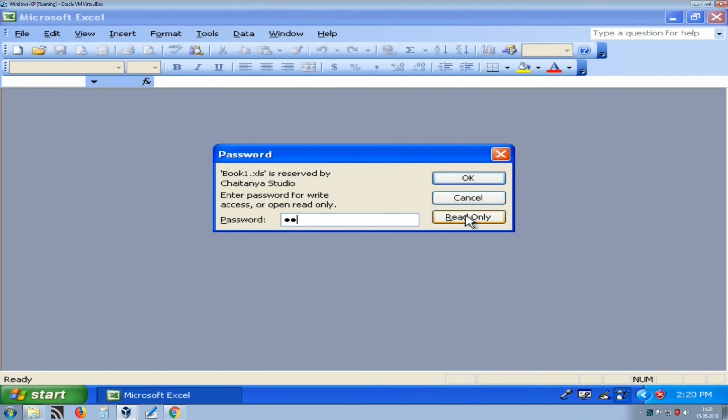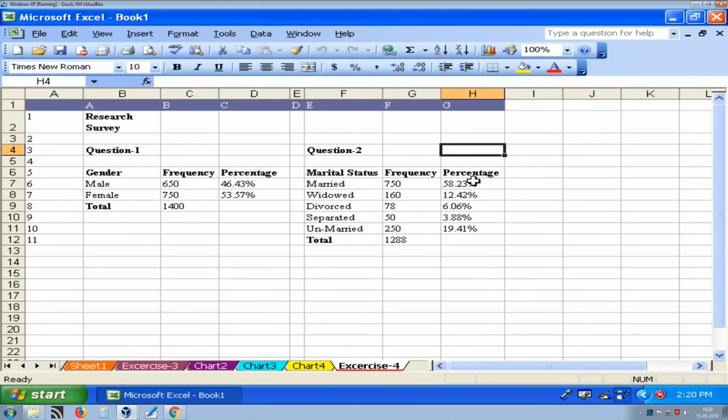So, I am entering password to modify. If it is wrong, then file is opened as read only. If it is right, then you can make changes to the file like this. Otherwise, you may not be allowed to modify the file. So, this is one more layer of protection, that is how to provide password to open and modify your file.